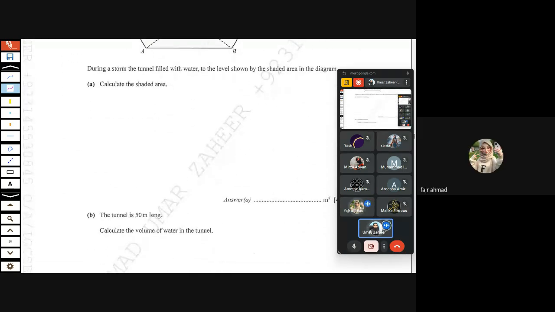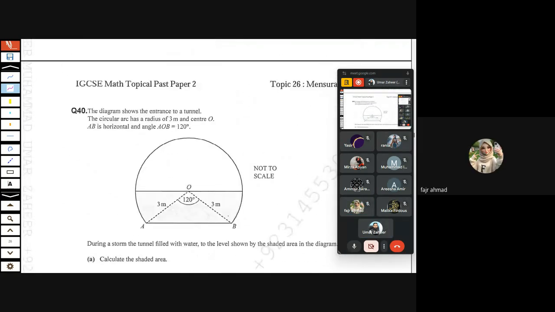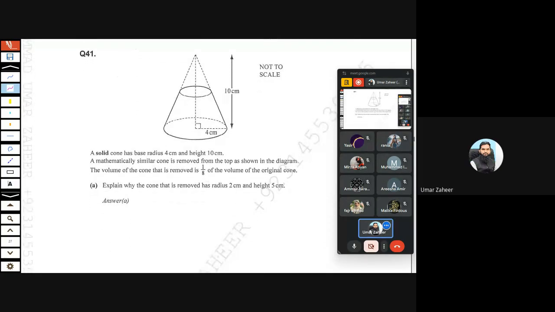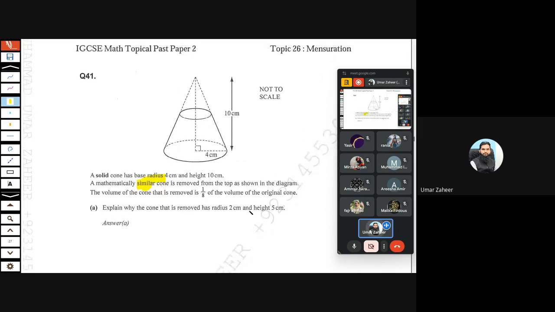Yes, sir, 32. All right, let's do 41 first. Sir, look, I think here it's from solid similarity. Oh, we have not done similarity. Okay, I did not read the question. But